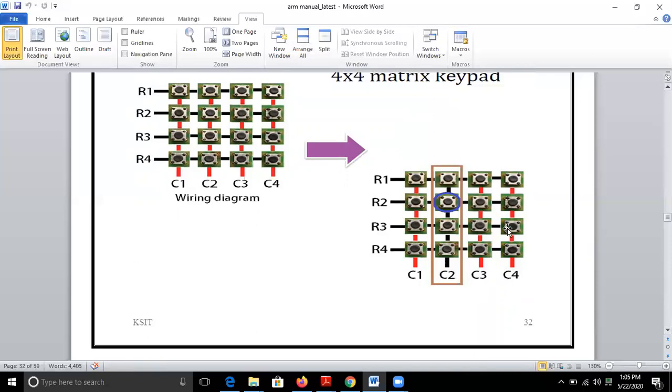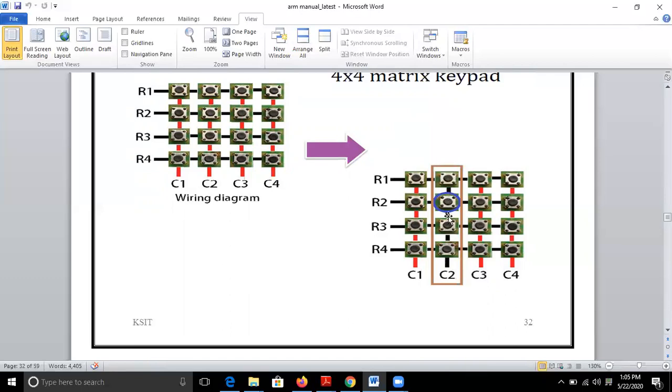In this example, at the intersection of R2 and C2, we have a key which is pressed. Now, when you start reading the columns C1 to C4, C1 will give a value of logic 1, that is VCC, but C2 will give a logic value of 0 because the key belonging to this column is pressed.